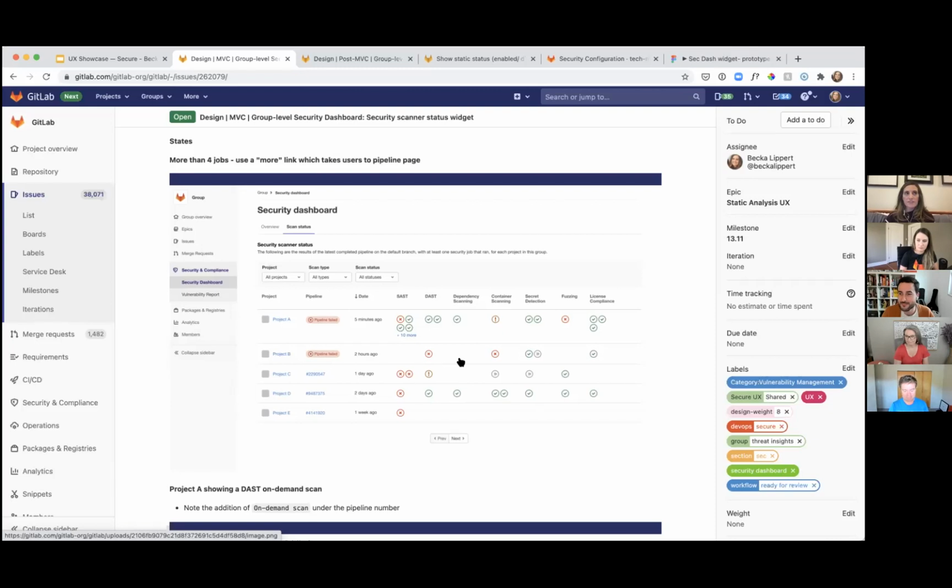Yeah, I definitely do see the value. The way that we've talked about this within Secure is, we have a different area of the navigation for the vulnerability report where we can see the vulnerabilities. Those vulnerabilities are also being surfaced in every MR, where, especially if there's security approvals enabled, that will block the MR from being merged without a security approver coming in and making sure that those vulnerabilities are triaged,